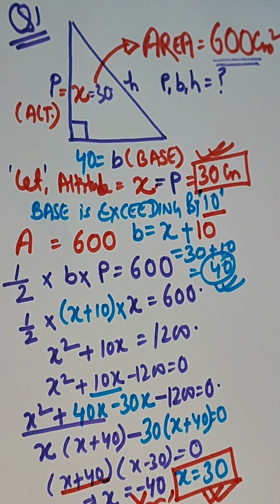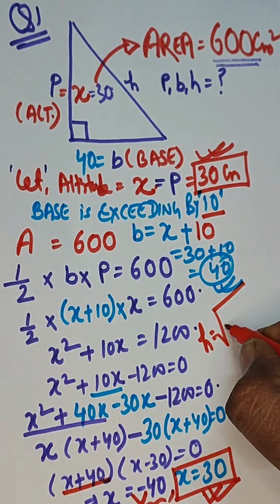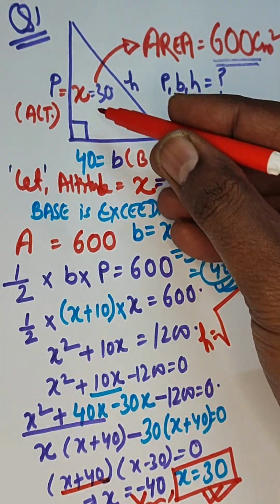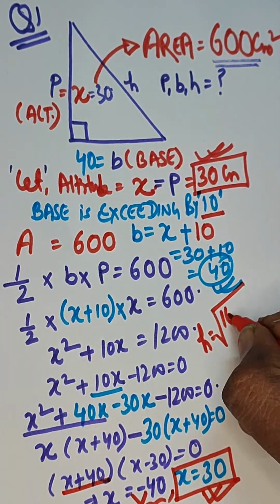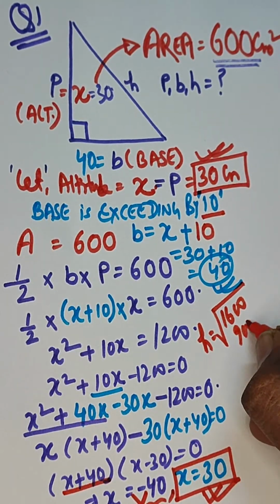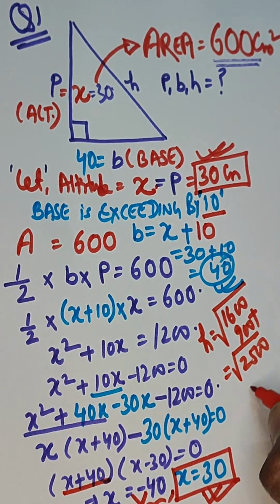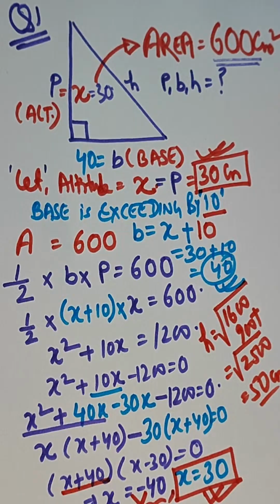Just apply the Pythagoras theorem, and h can be calculated as root over of b square plus p square. What is b square? b square is 40 square, and this is 30 square. 40 square is 1600, 30 square is 900. When you add them, you will get root over of 2500, which is 50. So 50 cm is the dimension of your